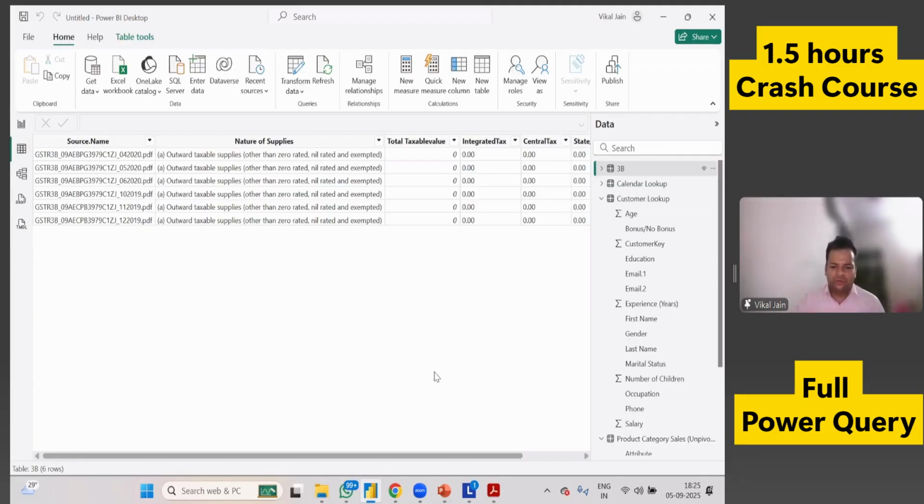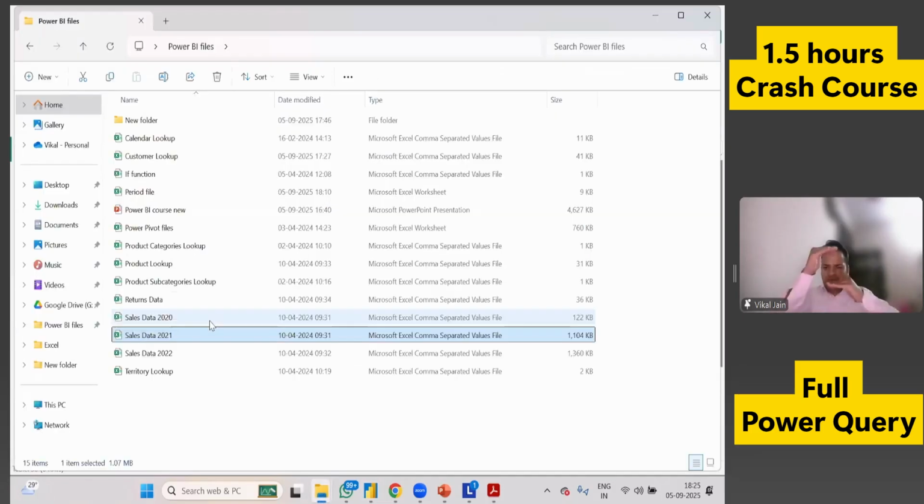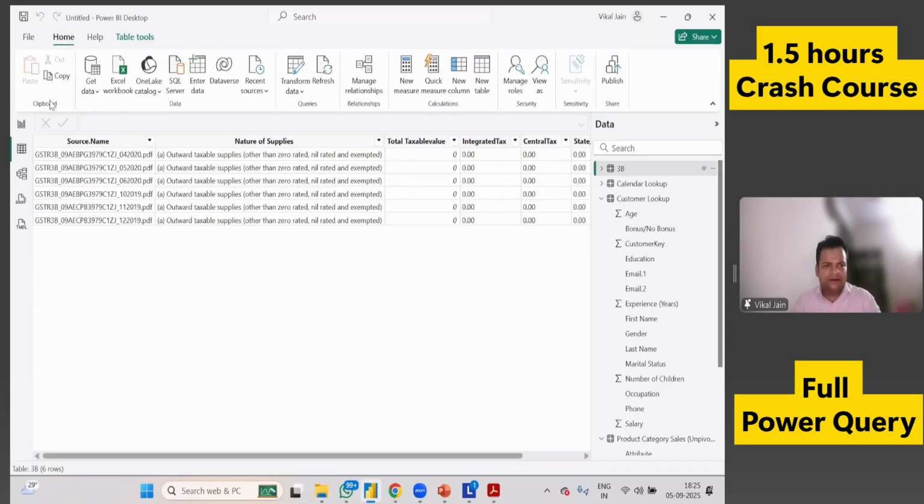Now let me show you the previous example which I was talking about. I want to concatenate sales 2020, 21, 22 in one single file. How can we do that? Whenever we are dealing with concatenating one file below the other file, we call it append queries. You will see in the Power Query,